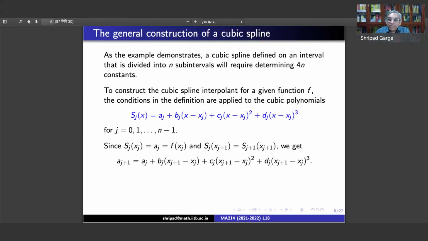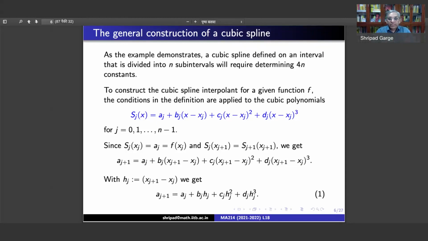Now this difference will keep coming again and again. So to ease the notation, we will simply write it as hj. So we will have a simpler looking equation, which is the same equation that we had earlier. So this simpler looking equation is aj plus 1 is aj plus bj hj plus cj hj square plus dj hj cube. This equation is valid for j equal to 0, 1, 2, 3 up to n minus 1,